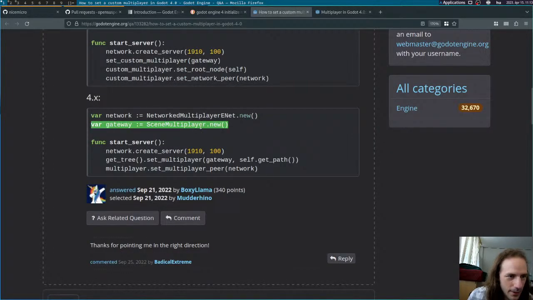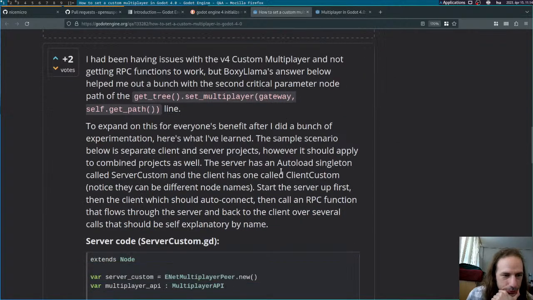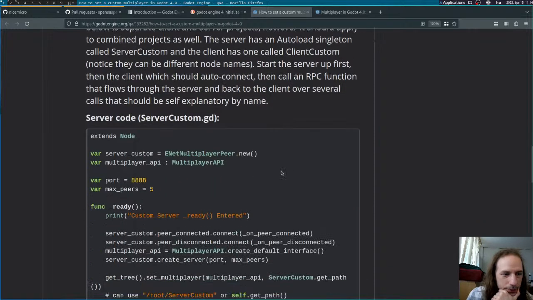We need a gateway, which is a new scene multiplayer. Multiplayer.set multiplayer peer network. There is no set multiplayer peer here. I had been having some issues with the custom multiplayer and not getting out. Okay, so